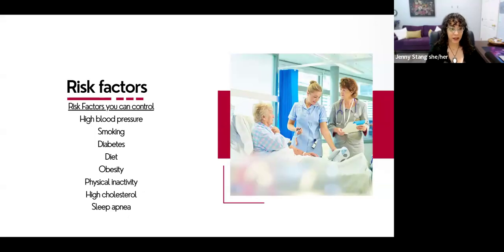High cholesterol. So we can control the amount of cholesterol in our diets. Okay. Some of you may be like me, where you just have high cholesterol because of hereditary reasons. Your body doesn't process it. But for most of us, the high cholesterol is directly correlated to our diet. Okay, so we can control that. Cholesterol is a fat-like substance that is in our blood. And so if we have high cholesterol, that increases the risk of blocked arteries. Okay, and if an artery leading to the brain becomes blocked, that can result in stroke.